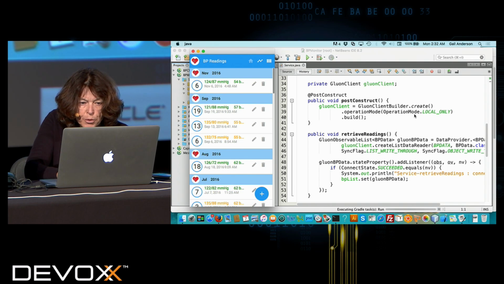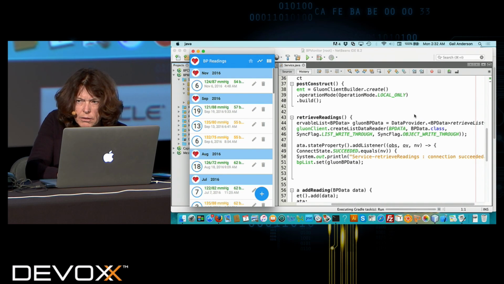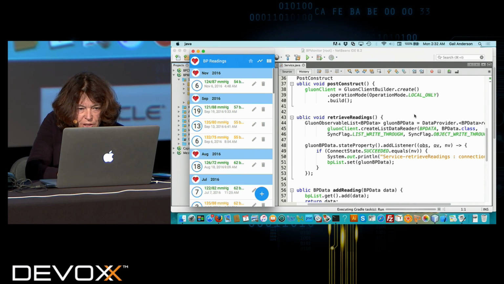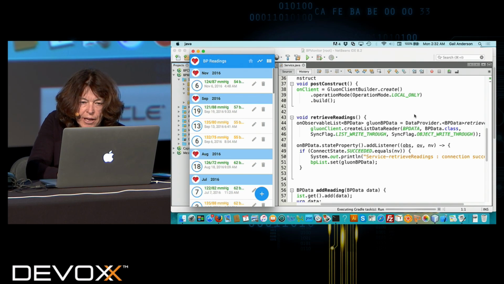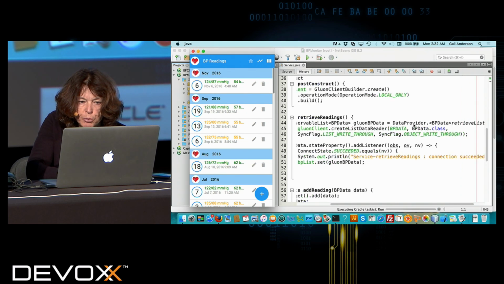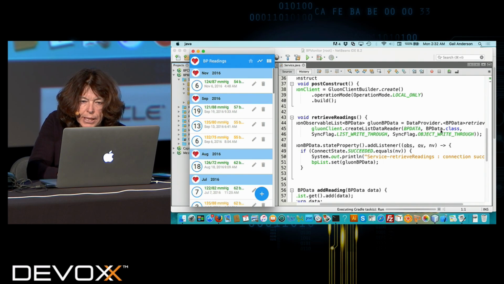Okay, so in lines 43 to 47, this is how we're setting up the Gluon observable list. That is a BP data, and we're creating a data provider to read the list, and we're using the Gluon client. And as you can see, we tell it the BP data class, and we're using list write-through and object write-through. And again, the list write-through is for adds and removes to the list, and the object write-through is when an individual item